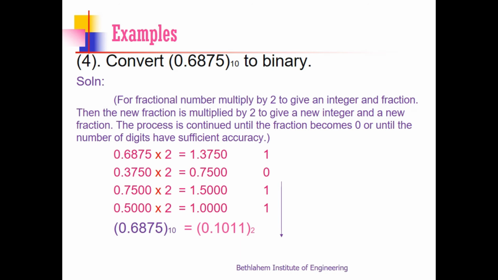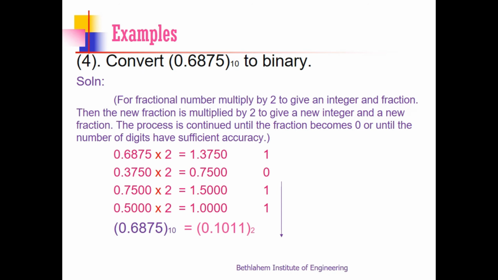So here this number 0.6875 is a decimal number and you are asked to convert to binary. And this part represents the fractional part of the number. For the fractional part, the procedure is like this. That is, we are following a multiplication procedure. First, you have to write the given fractional number. Then you have to multiply by 2. Why are you using 2 as the multiplier? Because we are asked to convert to binary, we have written 2 as the multiplier.